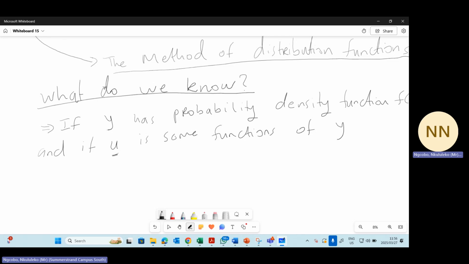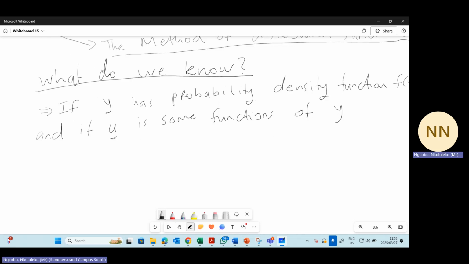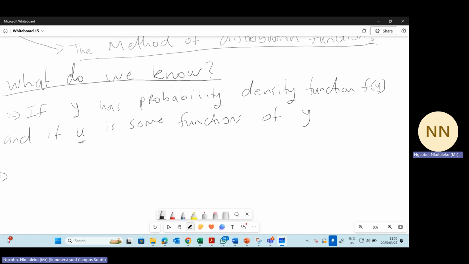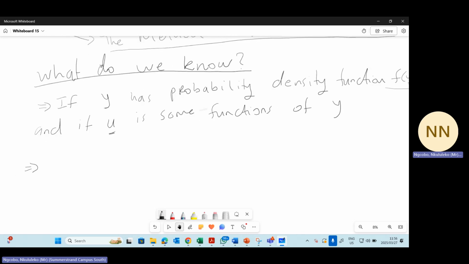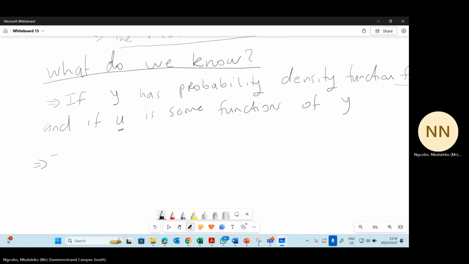So this means that if U is subjected to all the random variables y, and we know that the density function of y is f of y, then we can find